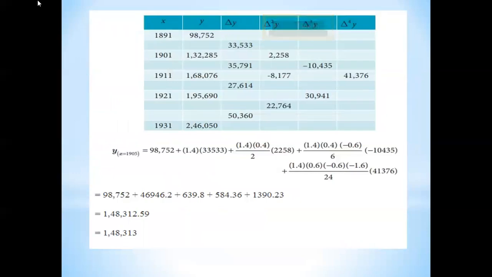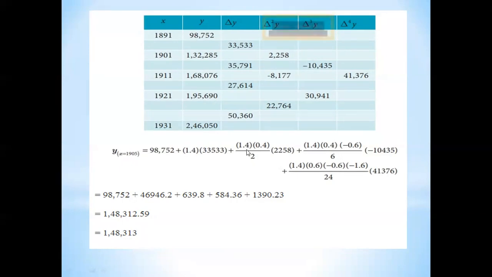So from this table, we can find the value for del y, del square y, del cube y, and del power 4y. And this is the procedure to find the value of y at x equal to 1905: first value y naught 98752 plus n, 1.4, into del y naught. So this is a forward difference. So we will consider the first value